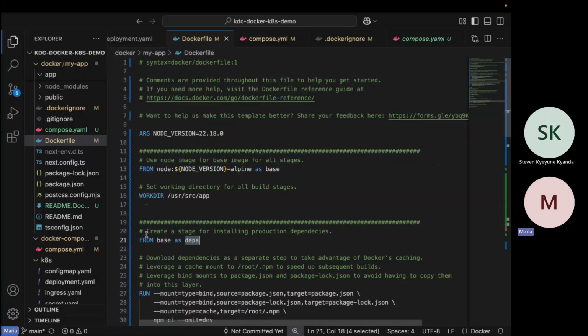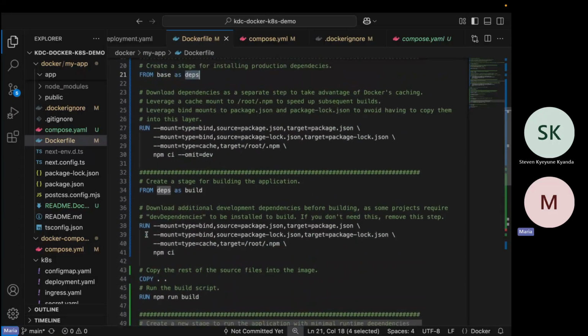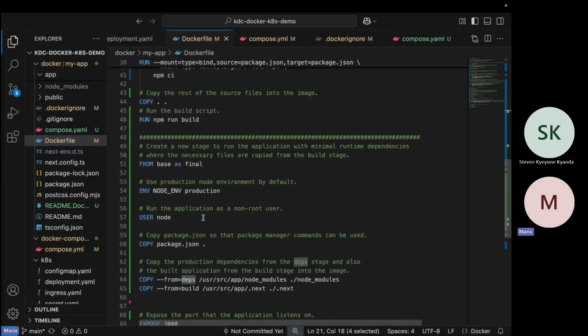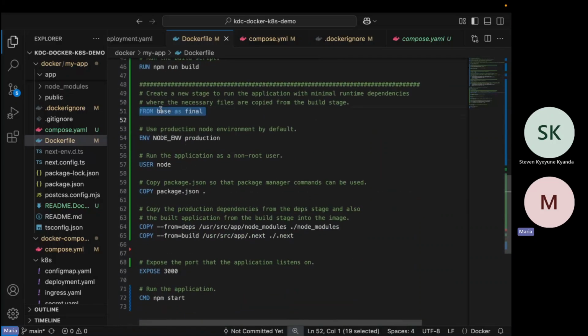So in this stage, you fetch the node image with everything you need, but maybe everything in that image you will not need for your final result. So that's why you write from node alpine as base. After getting whatever you need out of that base image, you get its result. Then you create another stage, from base as deps. After you've done whatever you need to do here, you get the result from that step. Then you make another stage from deps as build. Once that's done, you get the final image as final.